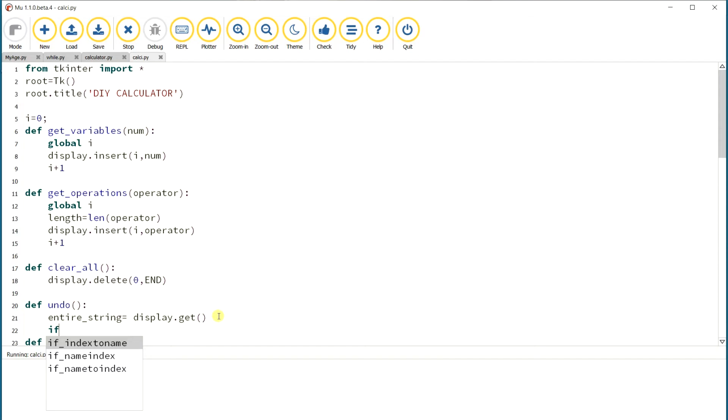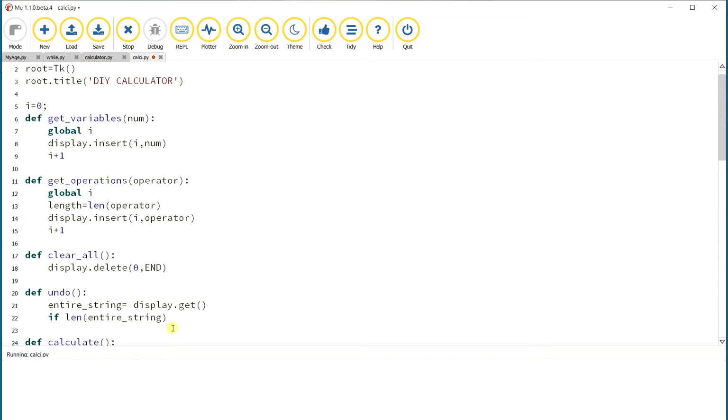Then we have to delete the last thing. So first of all we are going to find len of this entire string. See, it's already there. So we are going to find the length of the variable, and then we are going to store the new string. New string is the deleted string. The last input will be deleted, and the other expressions will be stored in the new string. So we are going to store the variable in new string. That is nothing but entire string minus 1. These are simple syntax we have to note while doing the program.